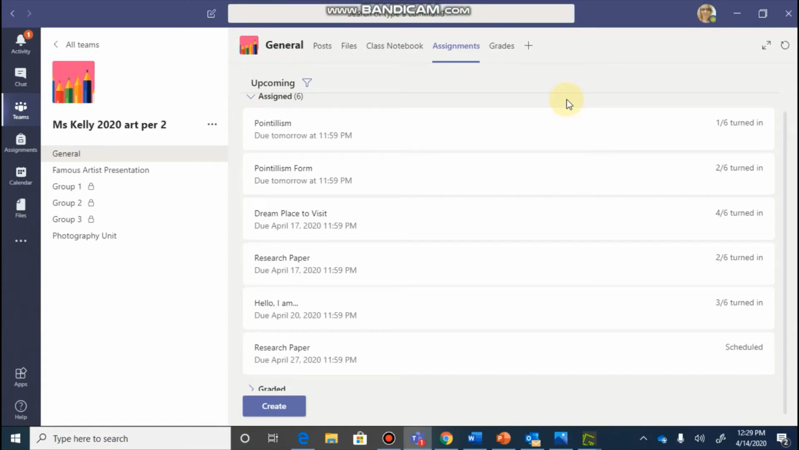After you have assigned any projects that you want your students to work on, when you go back to your Assignments tab, you will be able to see the list of what's been assigned, the due date, as well as how many of your students have turned it in. When you would like to go and look at these assignments for grading and feedback, simply click on the assignment